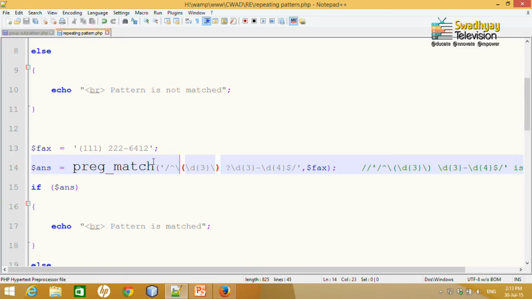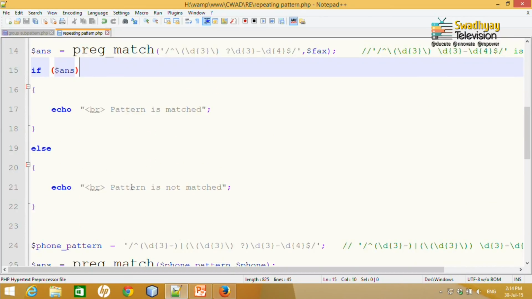Inside that parenthesis, I require 3 digits, so backslash d3. And to end this parenthesis, backslash and closing parenthesis. Then question mark means optional, so this is actually optional. Then d3, the third digit group, hyphen, and 4 digits, and fax. So this fax is again in that way.